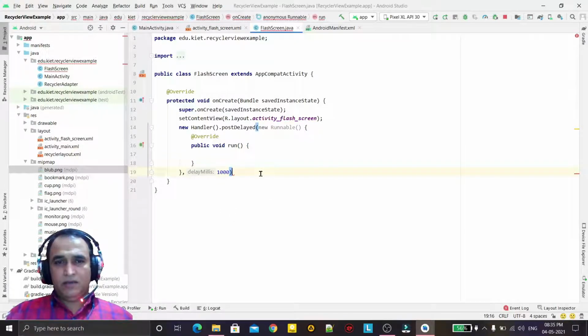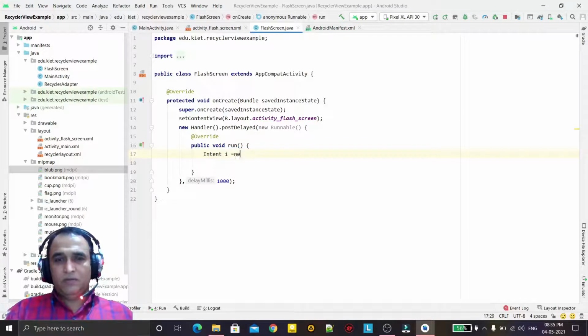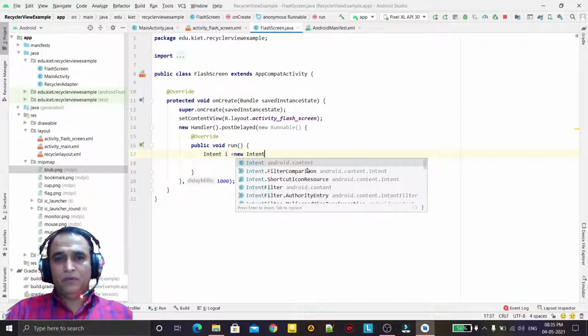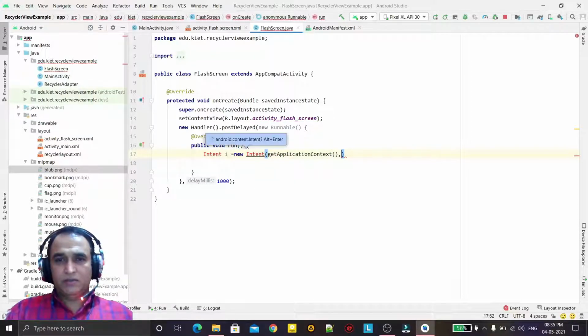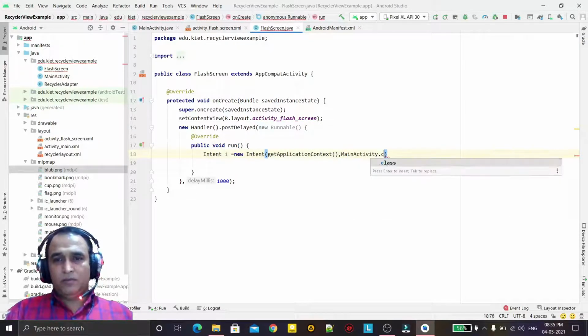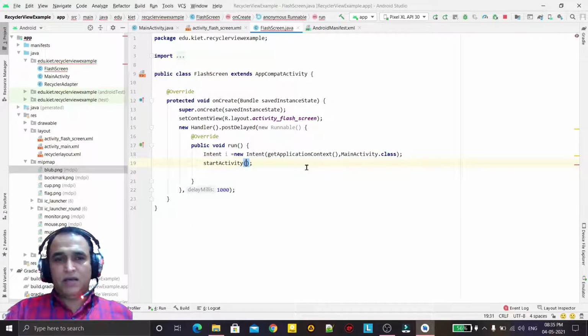After 1 second this activity will be closed, so I have to open another activity by using an intent. So get application context, and I want the main activity to be opened. So we call the main activity class from the intent, then pass it to startActivity, and after that we have to close this running activity.